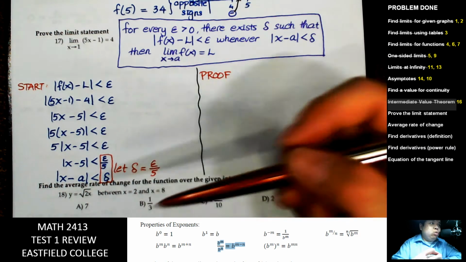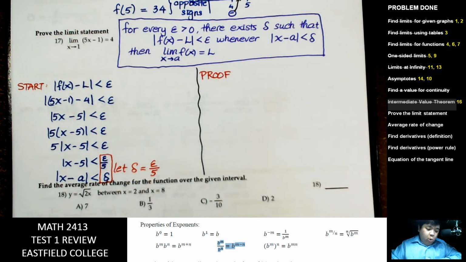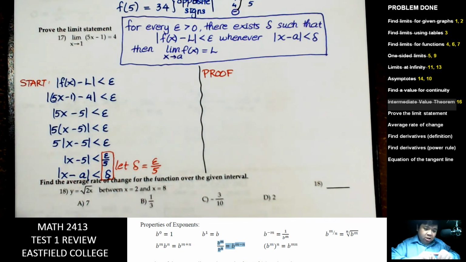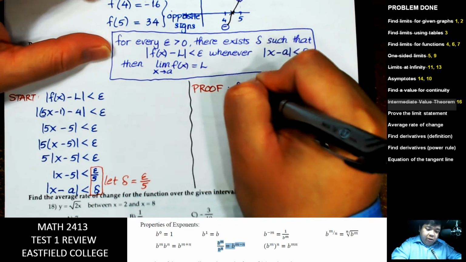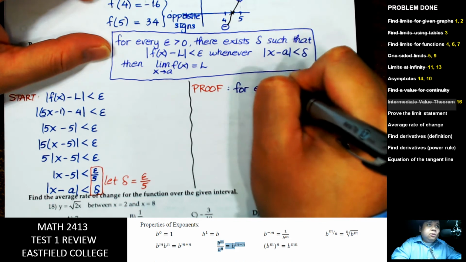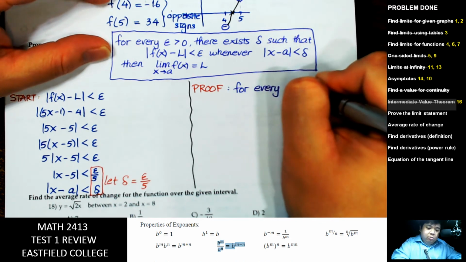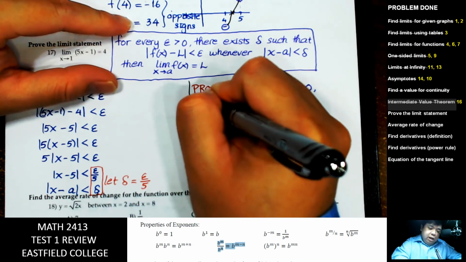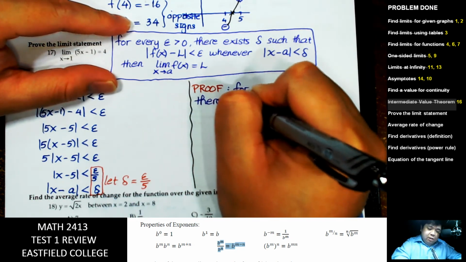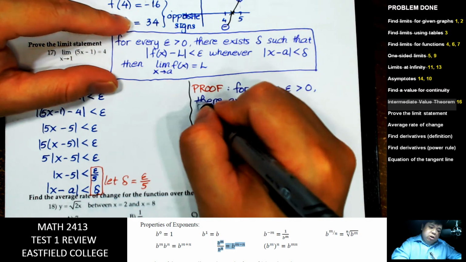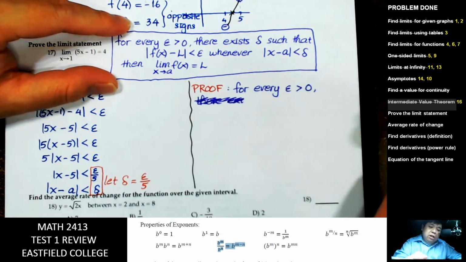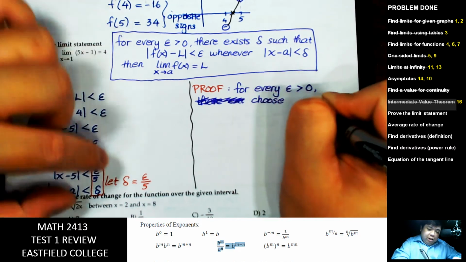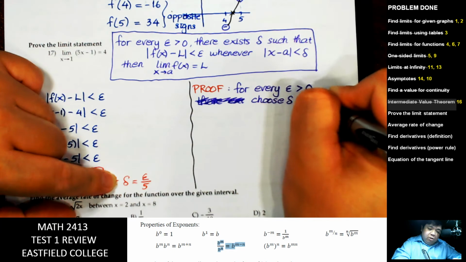Right. So that's what we start with. Now we go with the proof. The proof, we have to start with the statement. We say for every epsilon greater than 0, we choose delta to be epsilon divided by 5,